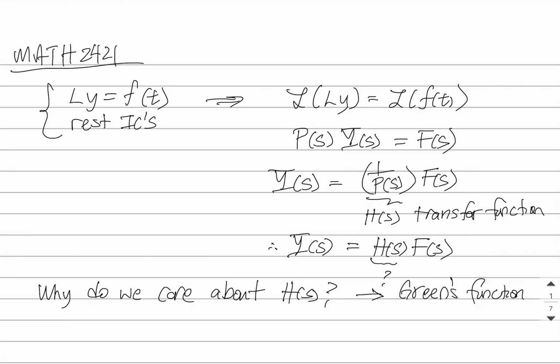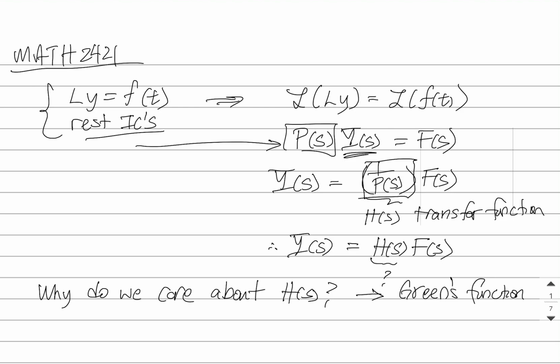We've been studying linear constant coefficient DEs, not homogeneous in general, and in the case of rest initial conditions, we can study this kind of problem with the Laplace transform. So if we take the Laplace transform of both sides of this DE, because of these rest conditions we'll just get some polynomial that multiplies the transformed function that we're looking for. If we divide through, remember that we gave this reciprocal, 1 over the polynomial, a new name